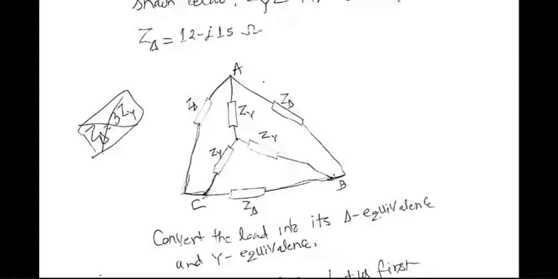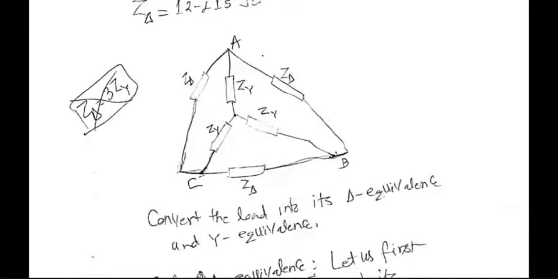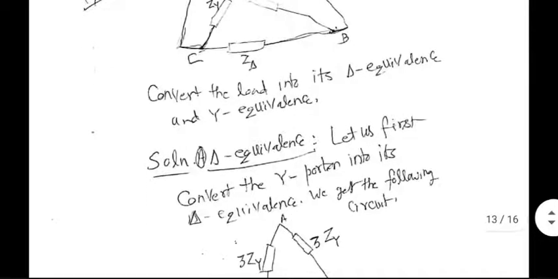The technique is, let's say we want to convert this complex load into a delta equivalent load. So what you do is the star load inside, you convert that into delta load. And then you will have the total combination having each branch with two parallel impedances. And then you simplify from there. If you want to get the answer in Y equivalence, then you convert the outer delta load into corresponding Y equivalence. Okay, and then simplify. So that's what I've done here.